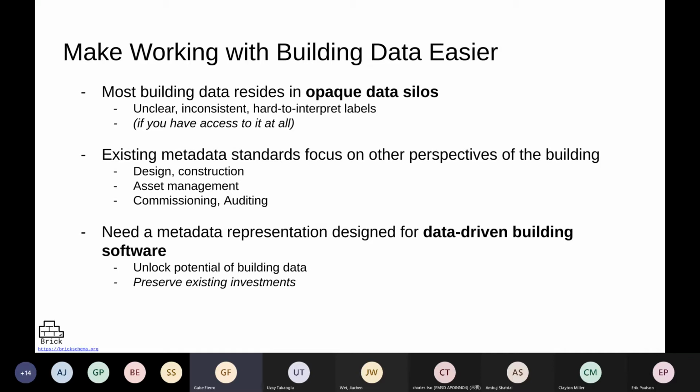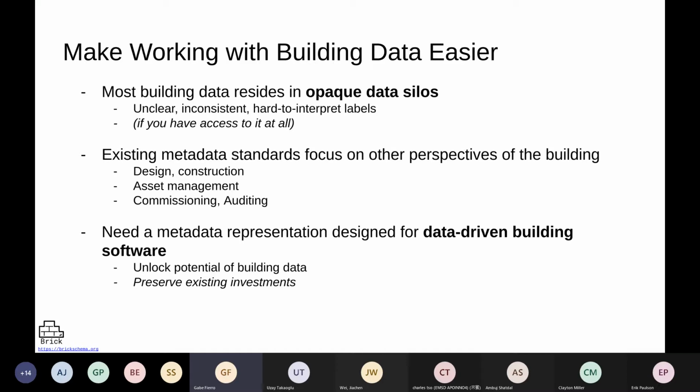The challenge we're trying to solve with Brick is essentially how to get data out of those data silos, or how we get it out of the PNG or the JPEG, as Eric put it. What's important here is that we want to, as much as possible, leverage other existing metadata standards about the building: IFC, gbXML, Revit, COBie, VBIS, OmniClass, UniClass, and all these other standards that have arisen to solve specific technical challenges and communication of data through the life cycle of the building.